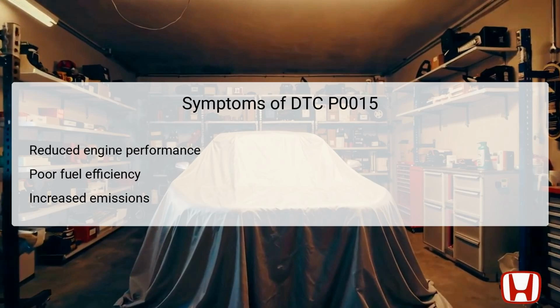Increased emissions may be observed because an overly retarded timing can lead to incomplete combustion, releasing more pollutants into the environment. Furthermore, warning lights on the dashboard, such as the check engine light, might illuminate, signaling the need for immediate